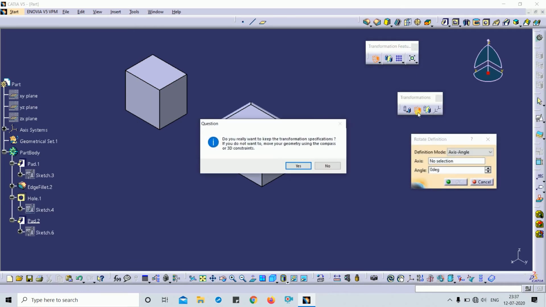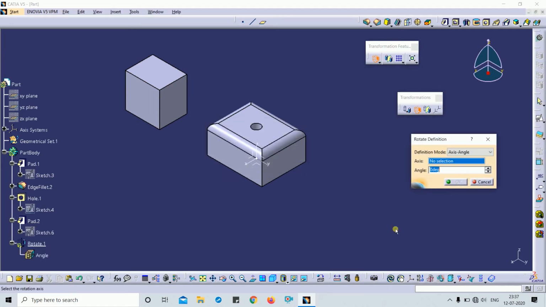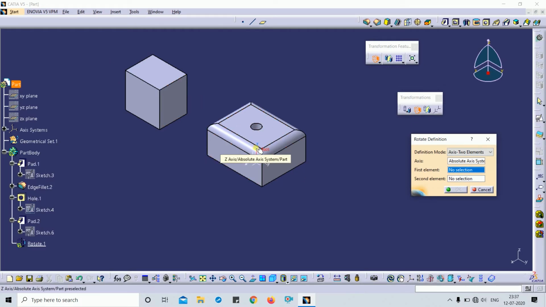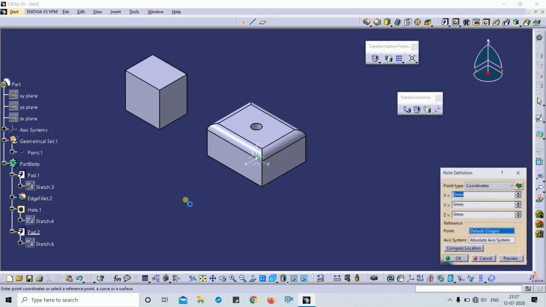Yes, this is the axis to element. For the axis, I want to rotate this body about this z axis. So first element, I will select this first element. Oh sorry, we also need one point. You can take a point or take a body. So I take a point at a 150 mm distance.